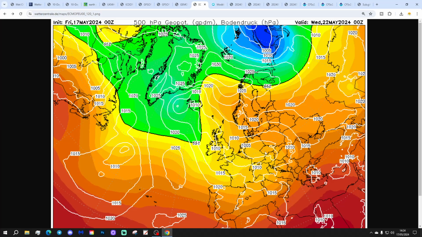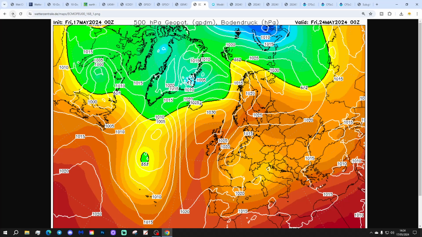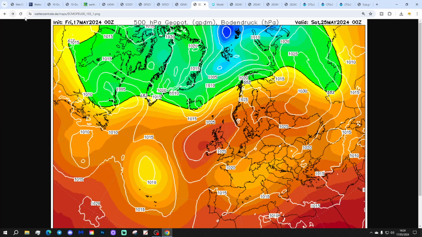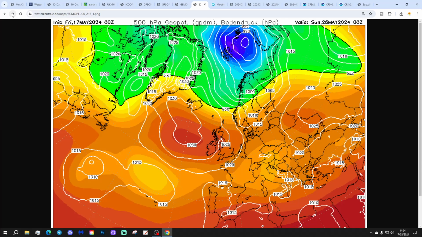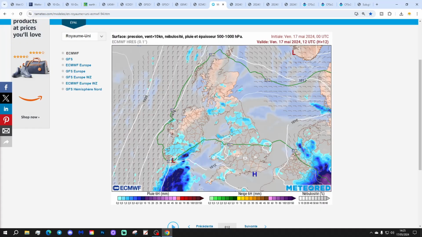Into the middle of the week, we've got low pressure across the west of Europe. So that will bring unsettled weather with this low pressure coming in from Germany and the Low Countries into eastern counties, bringing heavy rain in with it. By next weekend, though, high pressure takes over for the bank holiday weekend, building strongly there on Saturday, the 25th of May, and up to day 10, which is bank holiday Monday, high pressure then in control. So next week will be quite unsettled, but the bank holiday weekend settles things down quite nicely, turning drier and warmer.